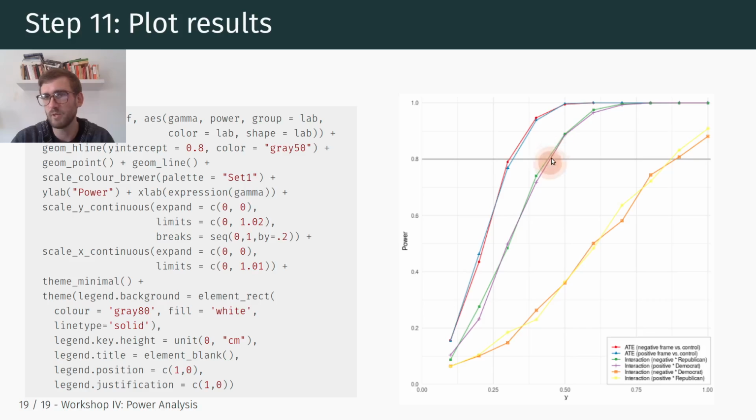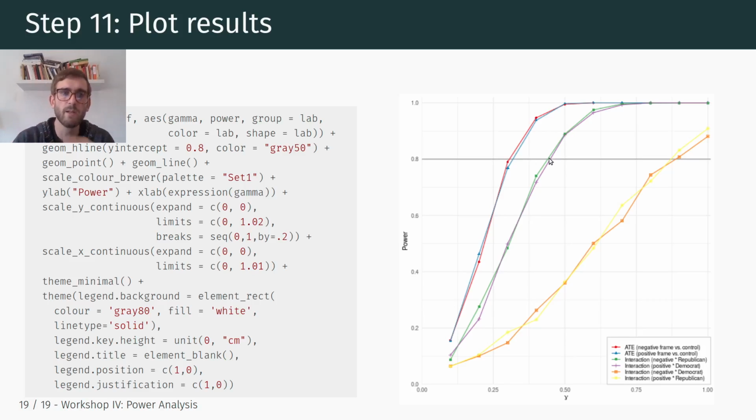The next two parameters that we're looking at are the interaction between the negative frame and Republicans and the positive frame and Democrats to examine this motivated reasoning component. And if we look at that, we see we have sufficient power to recover that effect for effect sizes up to about gamma equals between 0.5 and 0.4. Okay, so around